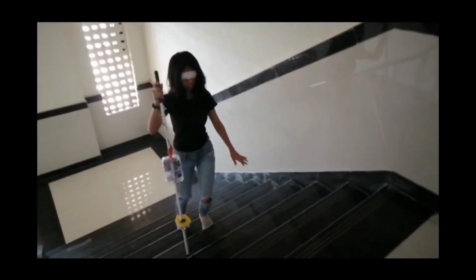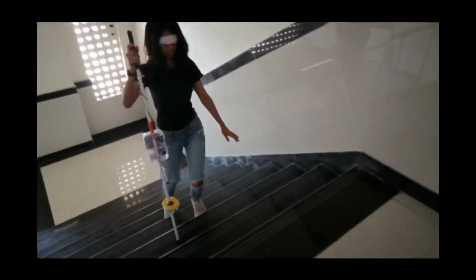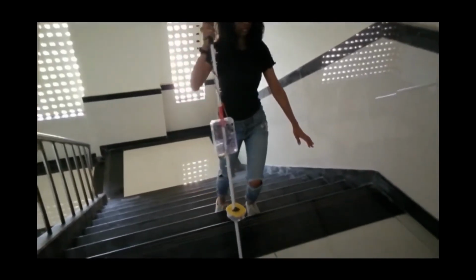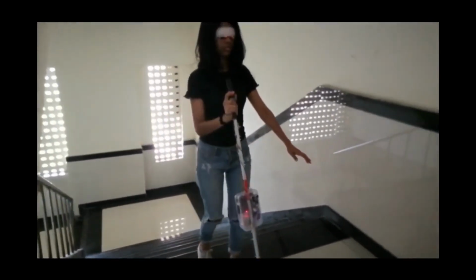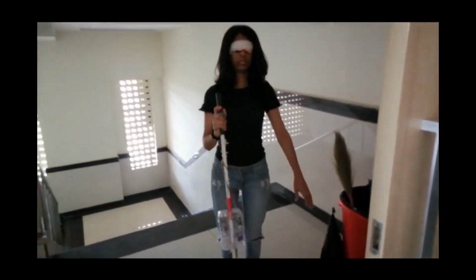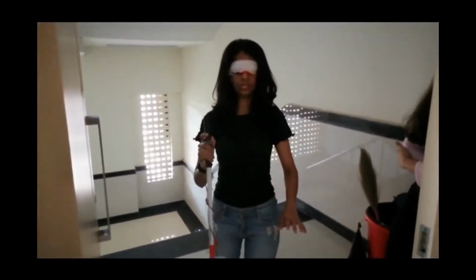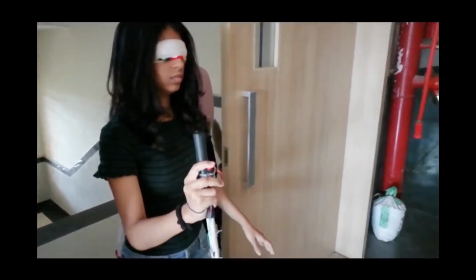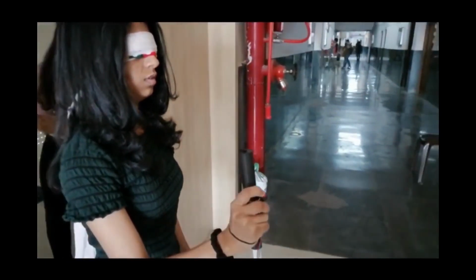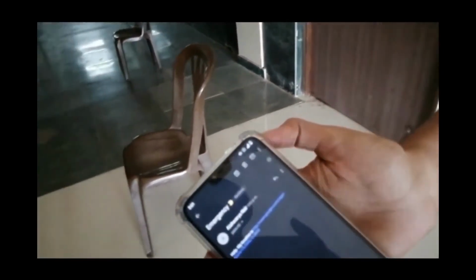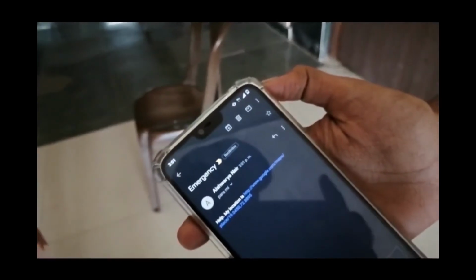The Pi camera keeps capturing the images of the architecture around. The GPS sensor inside the device continuously tracks the location of the user. There is also an emergency button provided. On pressing the button, it sends an emergency mail to the family member. This feature helps the user in panic situations.